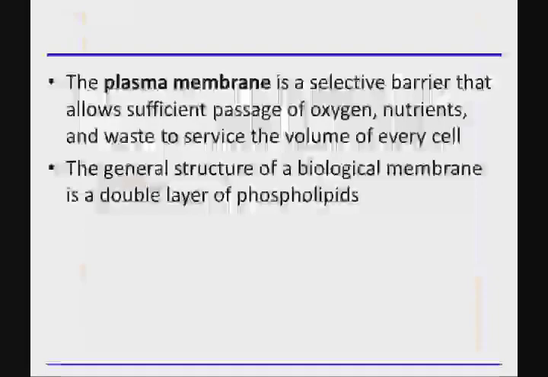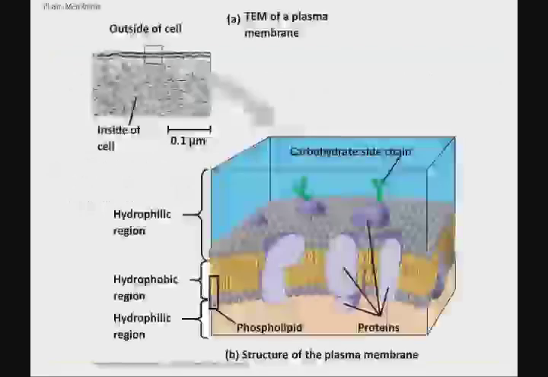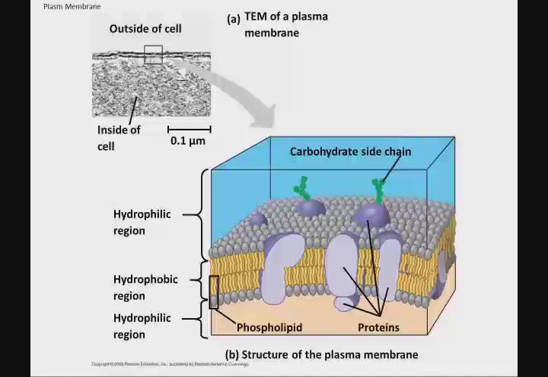Now, again, before we leave this overview of cells, we want to remember that the major common barrier that's going to define a cell is the plasma membrane. This is going to be the barrier through which everything that comes into the cell must pass, and everything that exits the cell must go out of. In general, we see this as a lipid bilayer. So remember we talked about lipids, specifically phospholipids. Remember, phospholipids have a